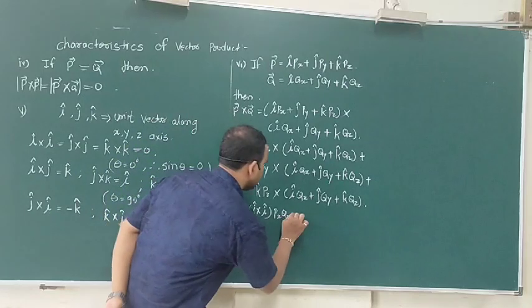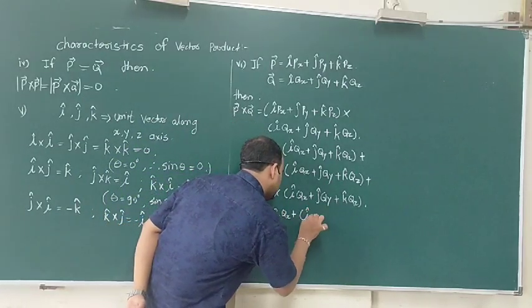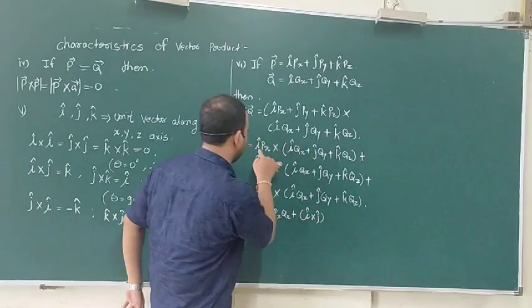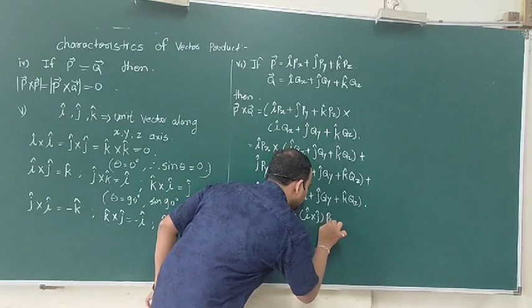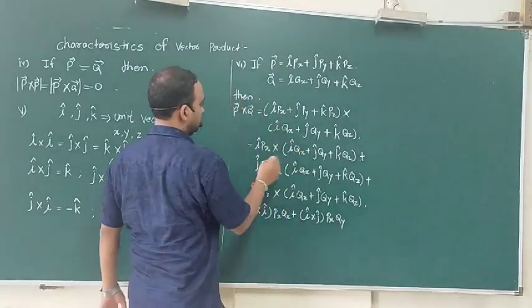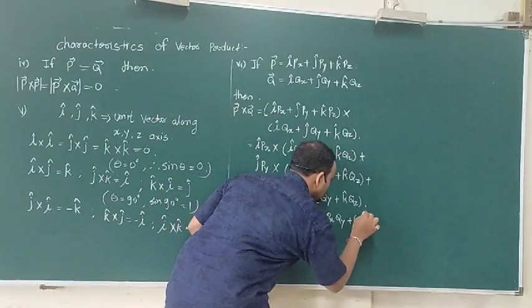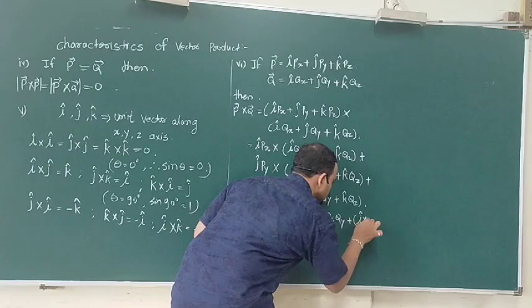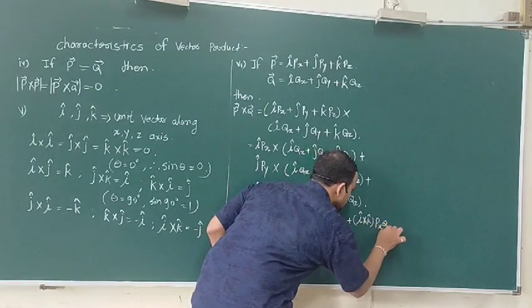Plus, now i cap cross j cap into px qy. Similarly, i cap cross k cap into px qz